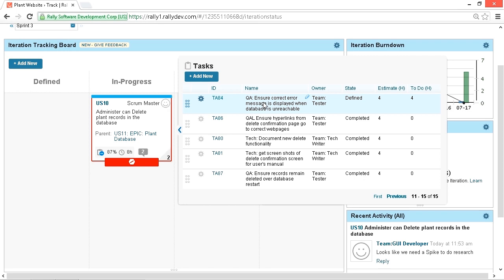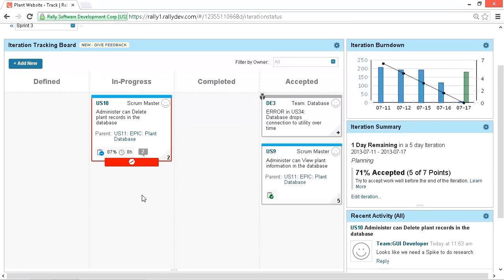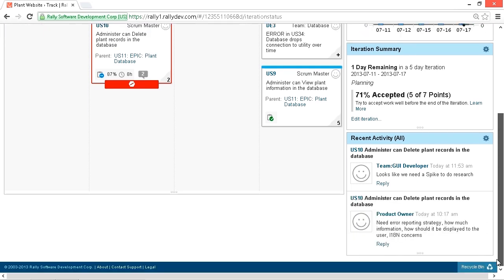The QA cannot test the errors. Well, what happened was the developer wasn't quite sure how to do this. So he went to the product owner, and they had a discussion which immediately brought up all kinds of other questions, like internationalization concerns. And so the product owner started a discussion needing an error reporting strategy. It became apparent that the team needed to discuss the issue and come up with a holistic approach to handling